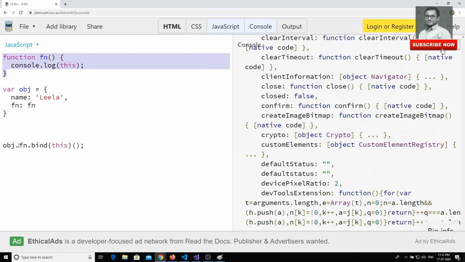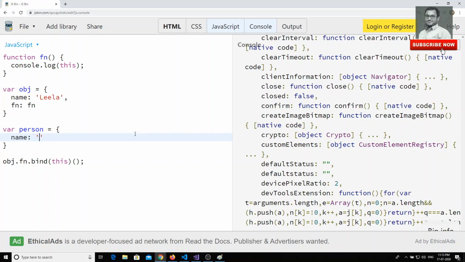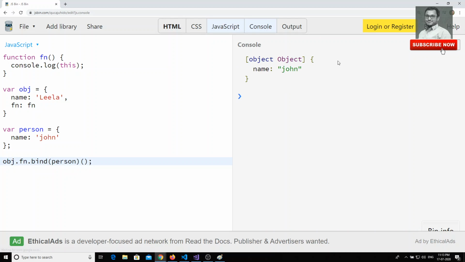So that means you can send your own this to represent this. From here you can send it as a parameter. For example, I have another person, by name John. I have another object. Now I want to send this person object as this into this function. Simply we can send this person here and try to call. Now if I try to print here, see, in this function this has become person. It could be somewhat tricky. This represents different things depending on how you call it.